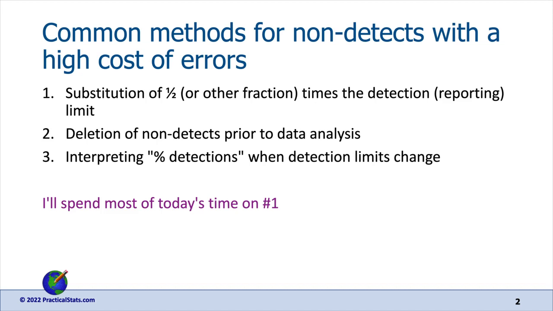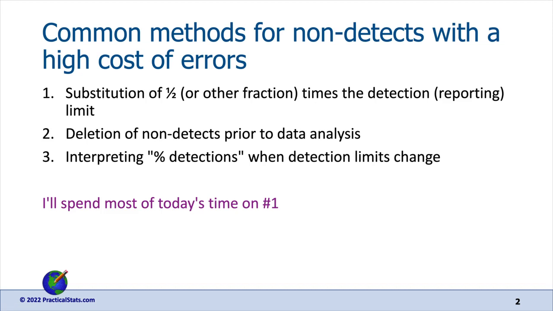The first one is substitution of a half or some other fraction of the detection limit or quantitation limit or reporting limit, depending on what the laboratory gives to you. So putting in something between 0 and 1, usually 0.5, 0.7 are common fractions used, times that limit for all data that are nondetects. I'll be spending most of the time today on substitution because it's most commonly used of